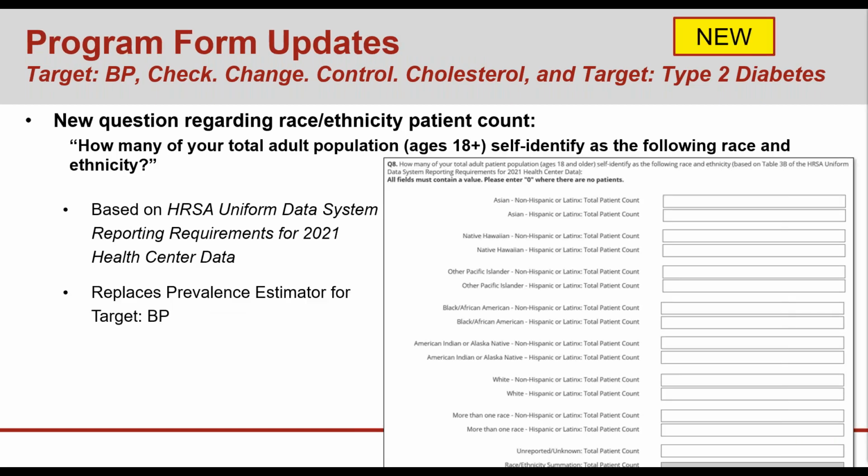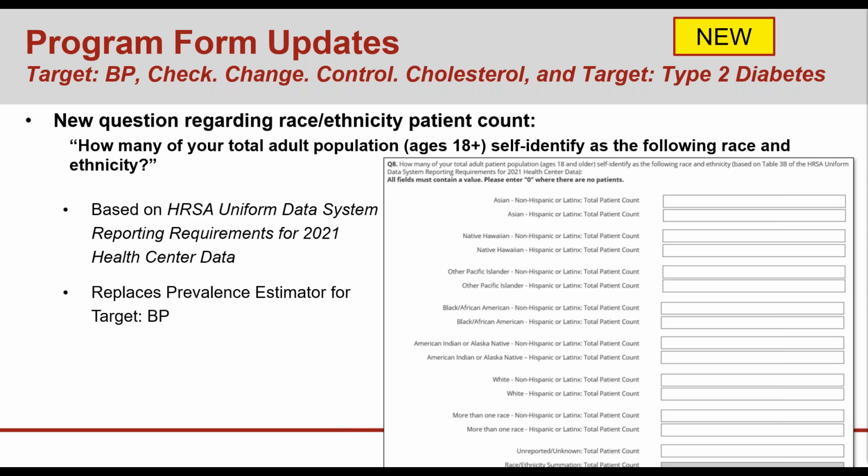There's also an update that will apply to all of our program forms this year, and it is a new question on race and ethnicity. It asks, how many of your total adult patient population, ages 18 and older, self-identify as the following race and ethnicity? The table then breaks that information down into fields following the HRSA's Uniform Data System reporting requirements for 2021